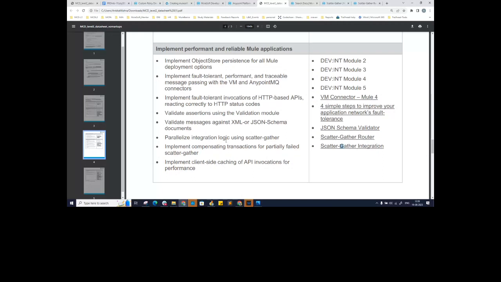Yes, Sagnik, absolutely right. Saga is a mindset and a microservice pattern. It is not a feature exactly. So this is not something which is an inbuilt feature, just like circuit breaker. Circuit breaker is a concept. However, in Anypoint MQ it is an inbuilt feature, but the same concept can also be applied on any other queuing mechanism. If you are using different other JMS and messaging brokers, there also we can apply the circuit breaker concept. Thank you, Sagnik.